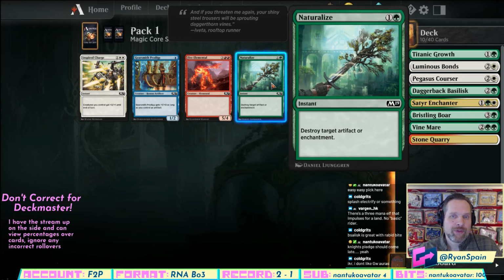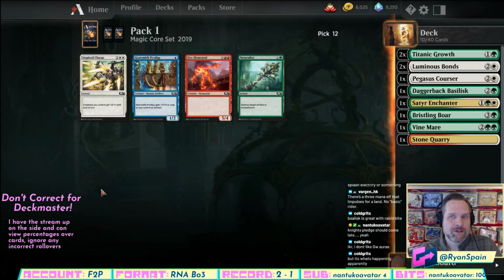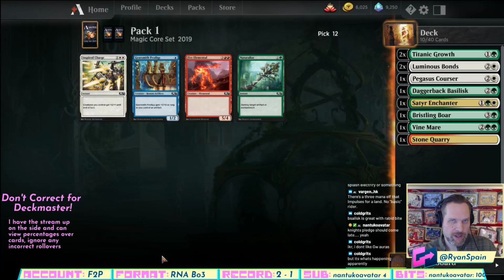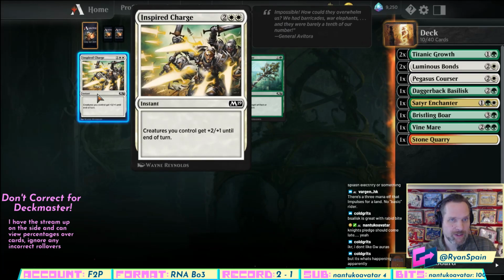Best of one, I don't think we're going to main deck Naturalize, and Charge is fine. You really want this in the go wide, and a pick like this at 12 is exactly why Boros is kind of where you want to be in this format. There are just so many of these that they're easy to pick up. But this is one of the better ones, and with the +2,